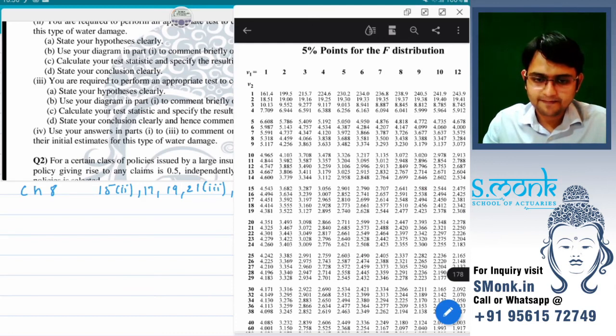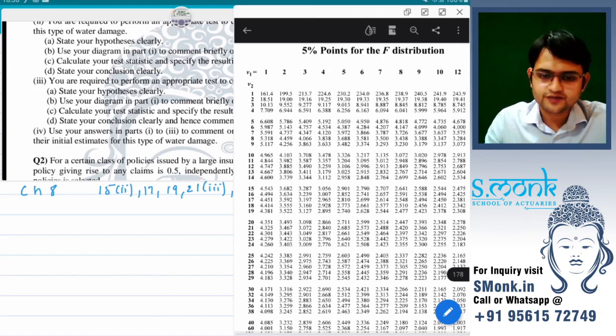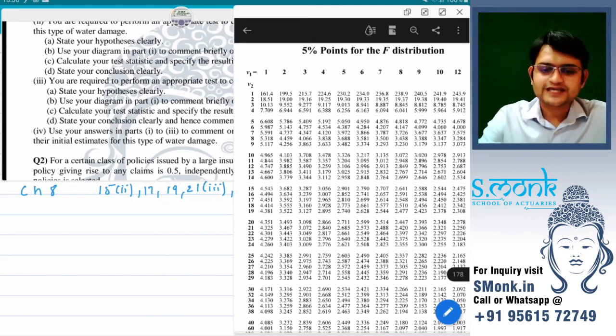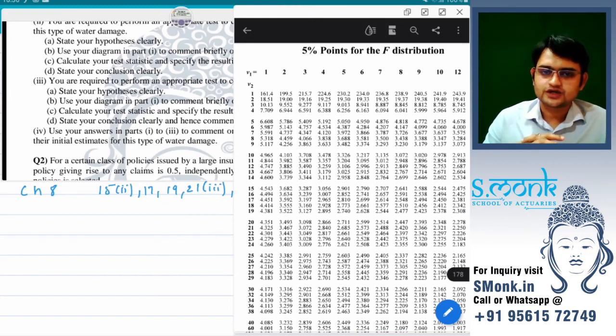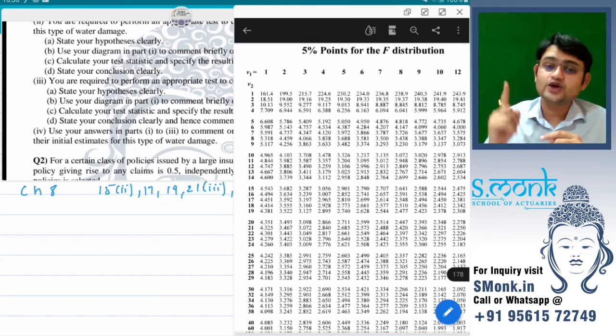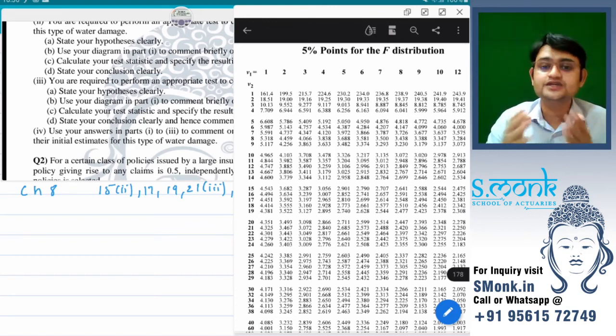So I'll say 5% less than p value less than 10%. Okay, so p value is between 5% and 10%. Usually, as I said, if it was greater than 10%, we would have definitely accepted our H naught. But for the validity of part 2, for our t-test, we need this to be correct, that the variance of A is equal to variance of B.